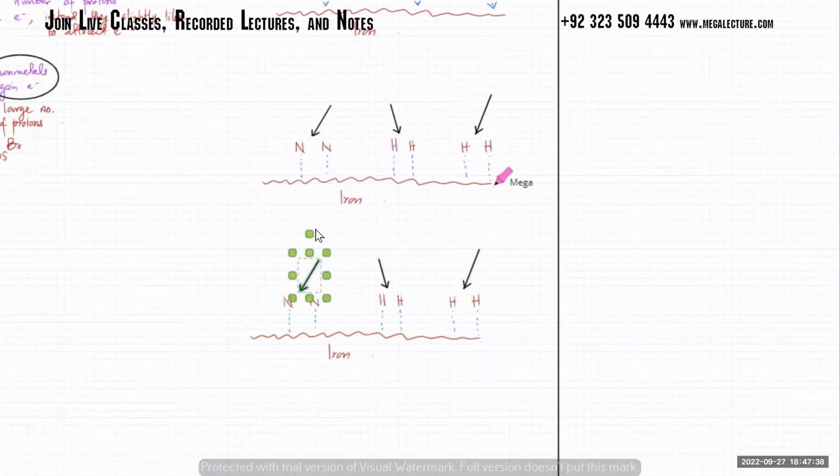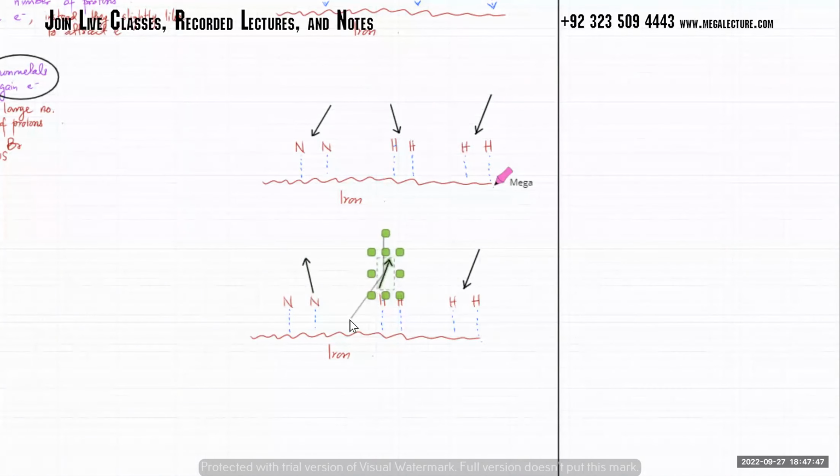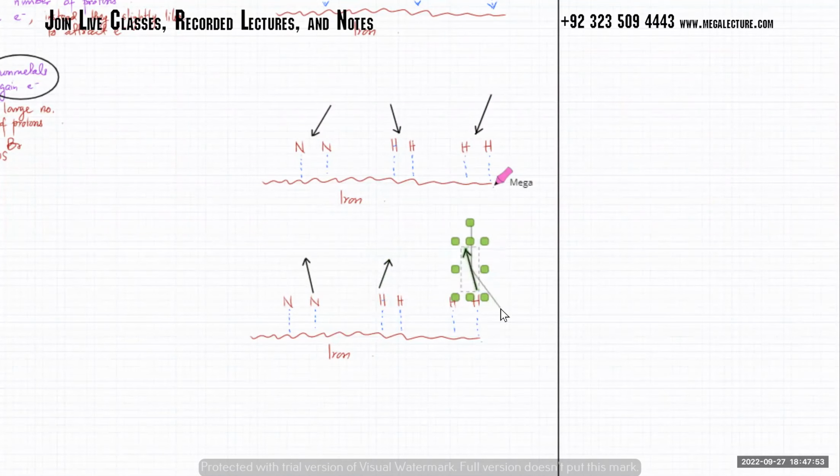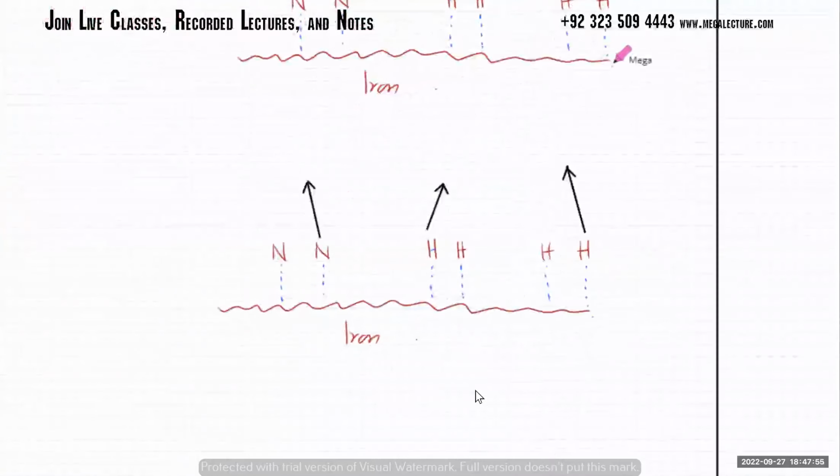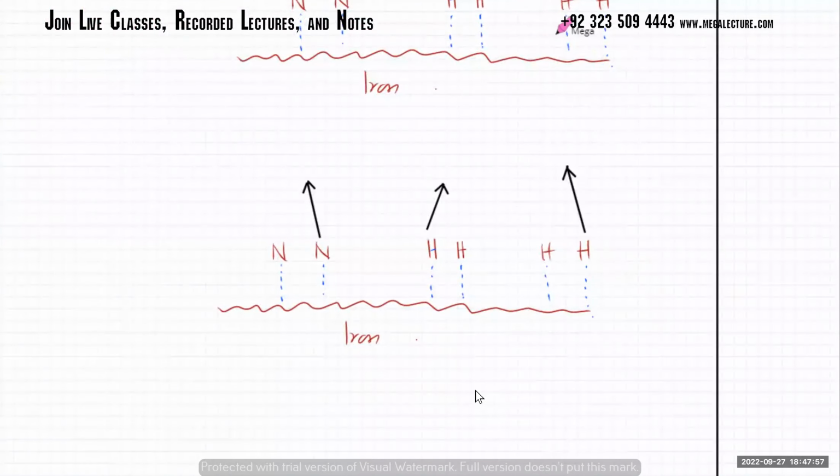They're going to hit the catalyst, and they're going to bounce back. So all of these, after striking the catalyst, would eventually bounce back. And when they do that, remember the bonds were very weak. So these weak bonds are all going to break. But during the process, what has actually taken place is that